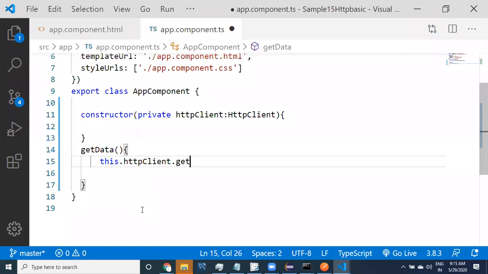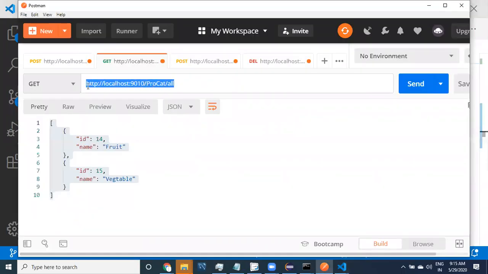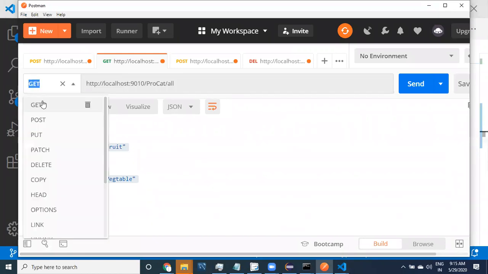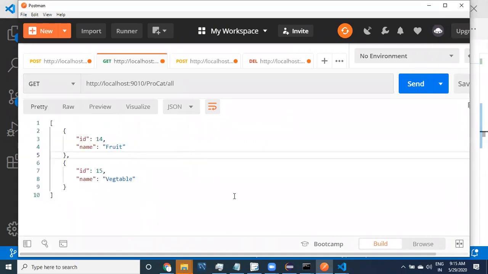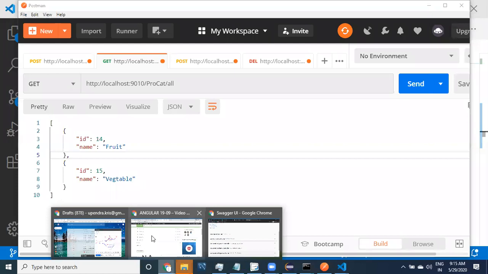We are trying to read the data using a REST service. For calling this REST service, the method we are using is get, exactly as per the Swagger.